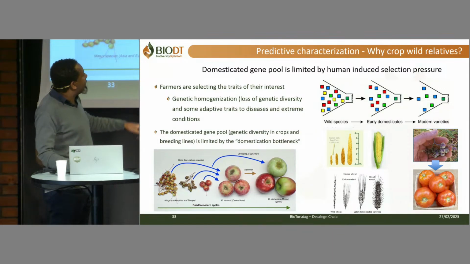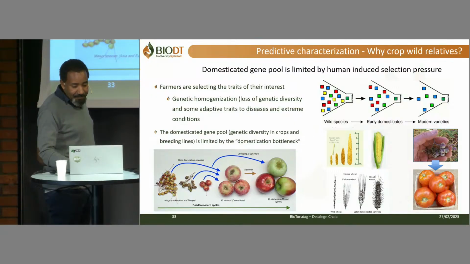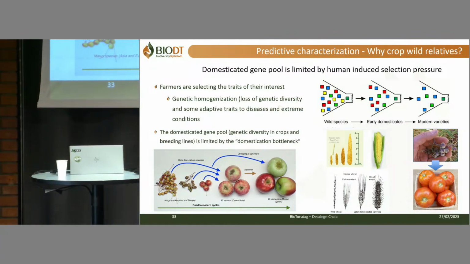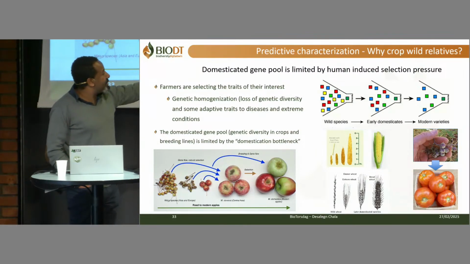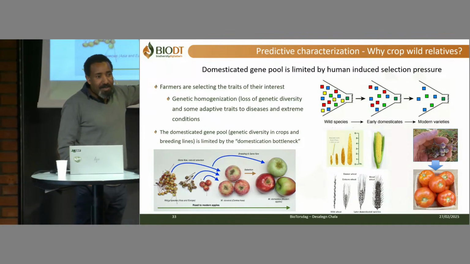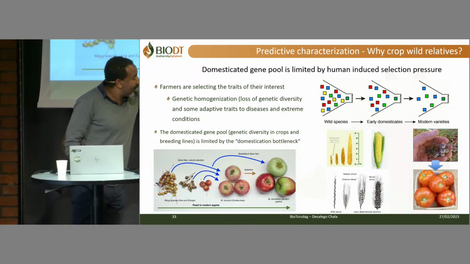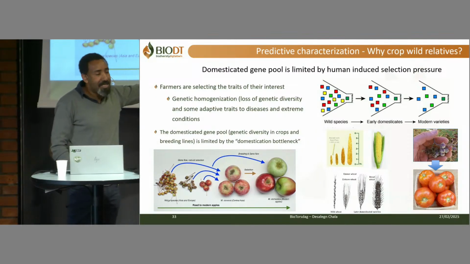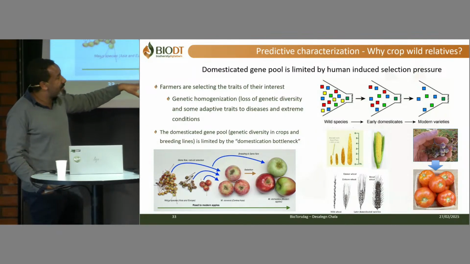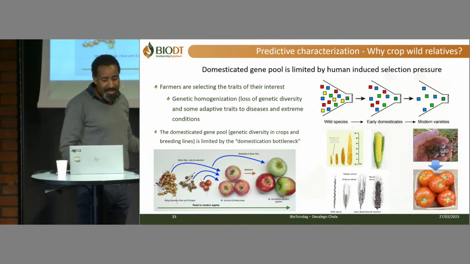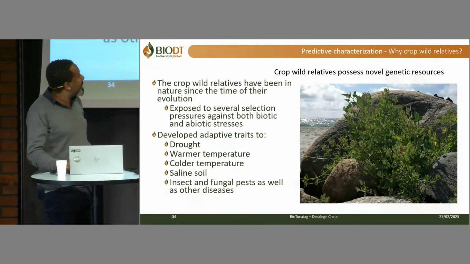Here, for example, this is the maize or the corn we had a long time ago, but now we are more or less homogenizing it to this bigger one. And again, if you consider tomato, at the time of domestication it used to be that small, but now we have bigger tomatoes. That means we are genetically homogenizing them and we are losing genetic diversity over time.